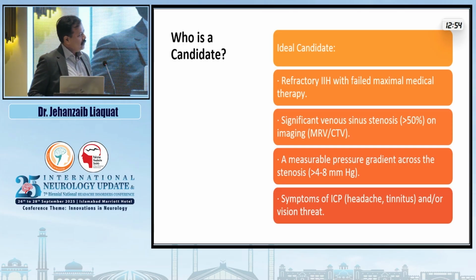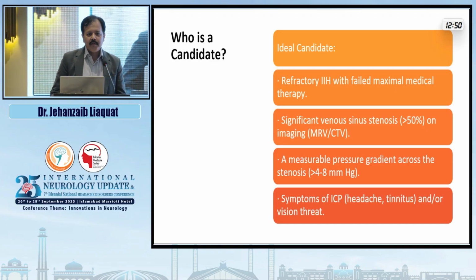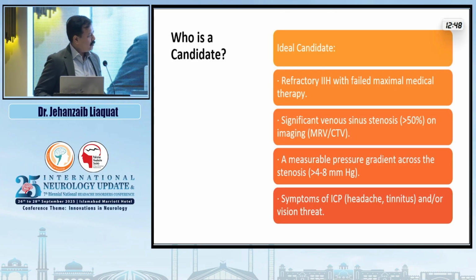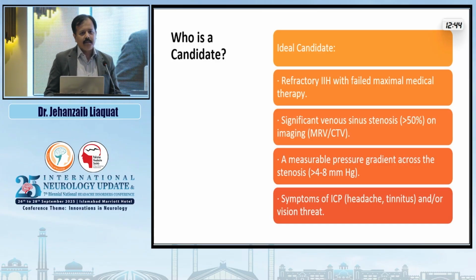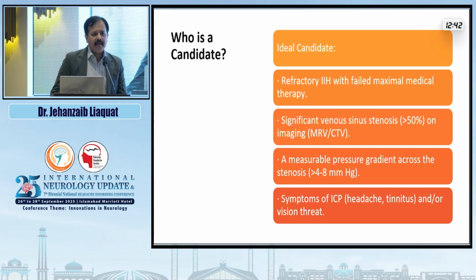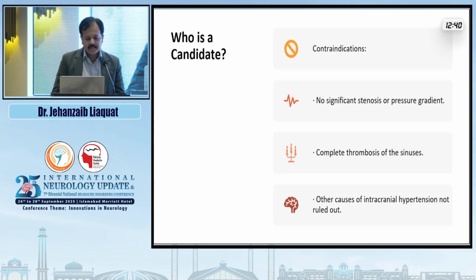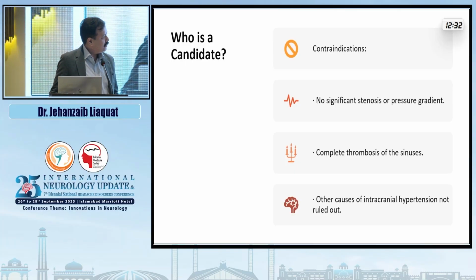And obviously, we need to have a measurable gradient of more than 4 millimeters of mercury. I'll show you later how we measure this gradient. And obviously, the tetrad of symptoms has to be fulfilled to be labeled as idiopathic intracranial hypertension. What are the contraindications? Obviously, if there's thrombosis, you cannot find a definite stenosis, and there are other causes of